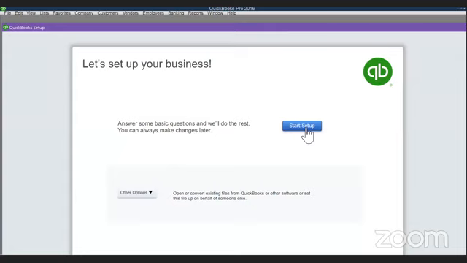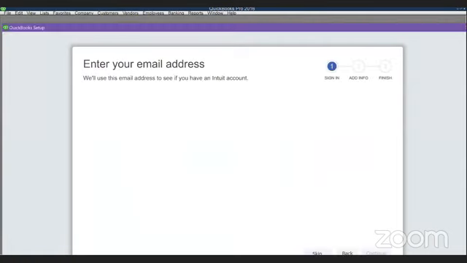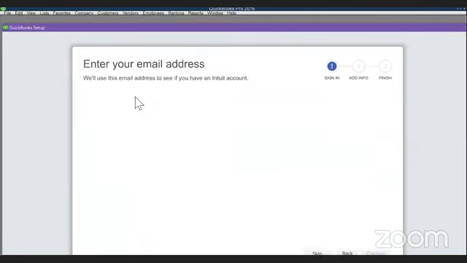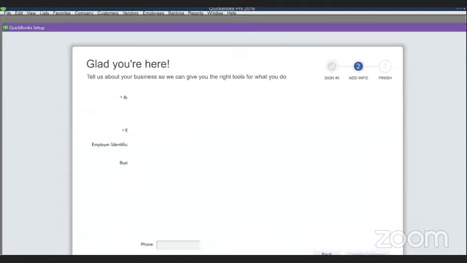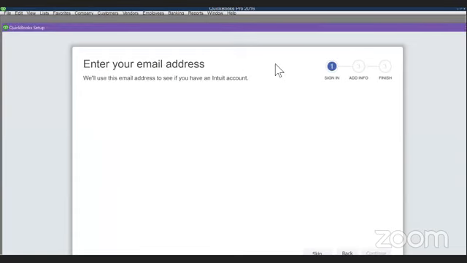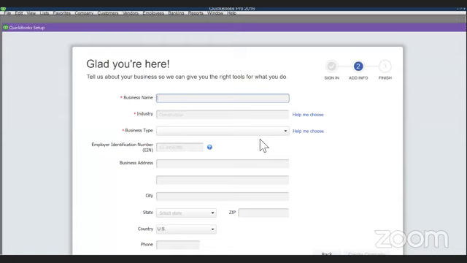So we are going to log in. We are going to start up the business. Hopefully, no one has a technical issue here. Everyone can hear me? If there's anything, just please drop me a message. I will look into it. So let's set up the process. Okay, the business name, I'm just picking a random name, and the industry.